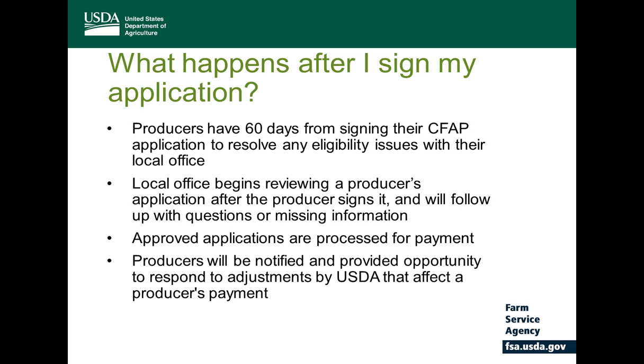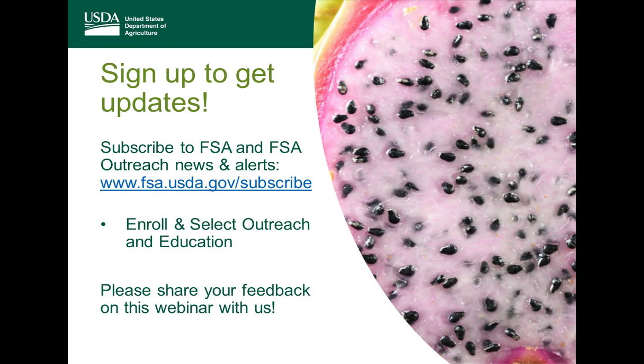Approval, again, you will be approved at 100% now. 100% of the program payments are being processed. If you have applied in the past and you've only received 80% of your payment, you now will receive the additional 20%. That processing is going on now. That has started. Again, you will be notified if there are any adjustments that are needed for your application or any questions that the office may have. They will follow up with you on that.